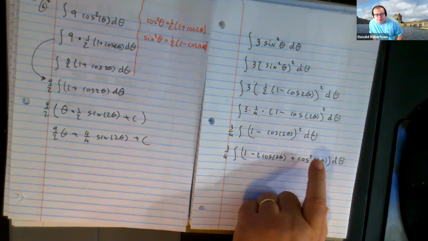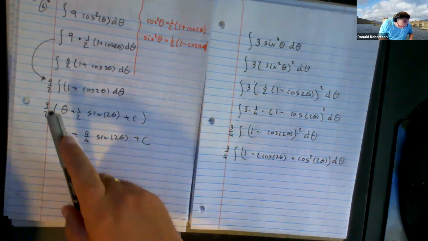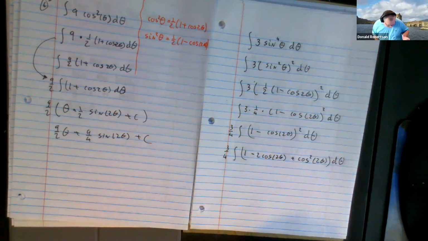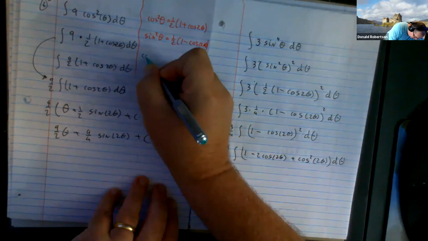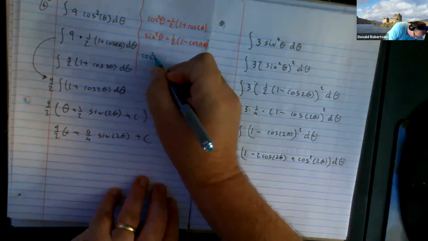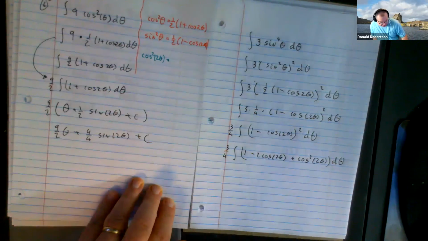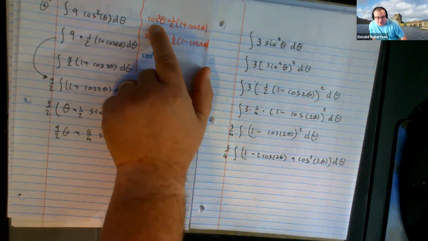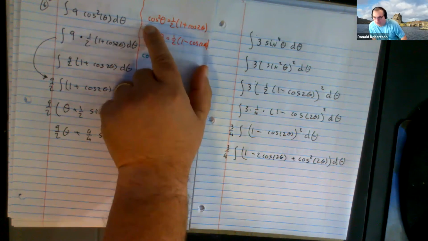Cos squared 2 theta is biting our bum, because cos squared 2 theta can't be integrated. You can't do a power rule on it. You couldn't do anything like that. So I'm going to have to show you another trig identity. It's really this identity, but adjusted. If you think that cos squared theta is 1/2 1 plus cosine 2 theta, if you're willing to accept that that is true, and it is,